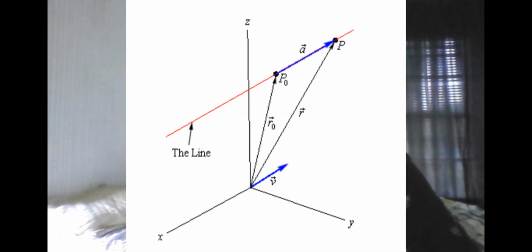Hello everyone. For this tutorial video, I'd like to explain how you can find three-dimensional lines using vectors. If we have a point in 3 dimensions on a line, and we have a vector with components A, B, and C parallel to this line, it follows, because the vectors are parallel and therefore have the same slope, that